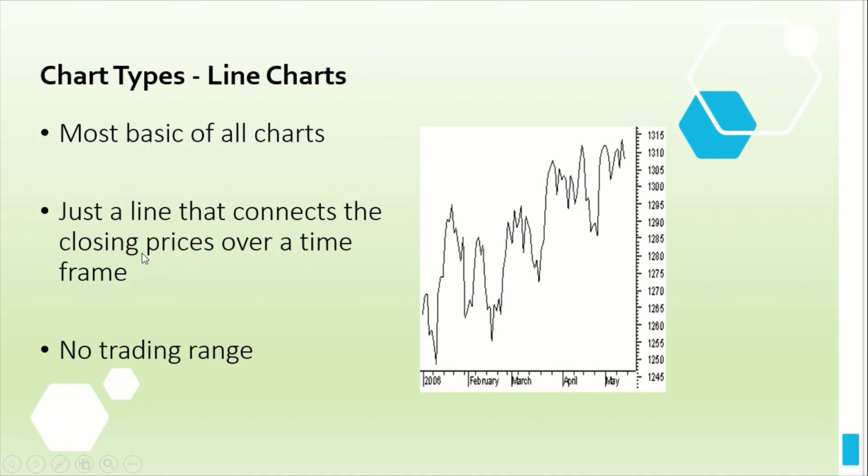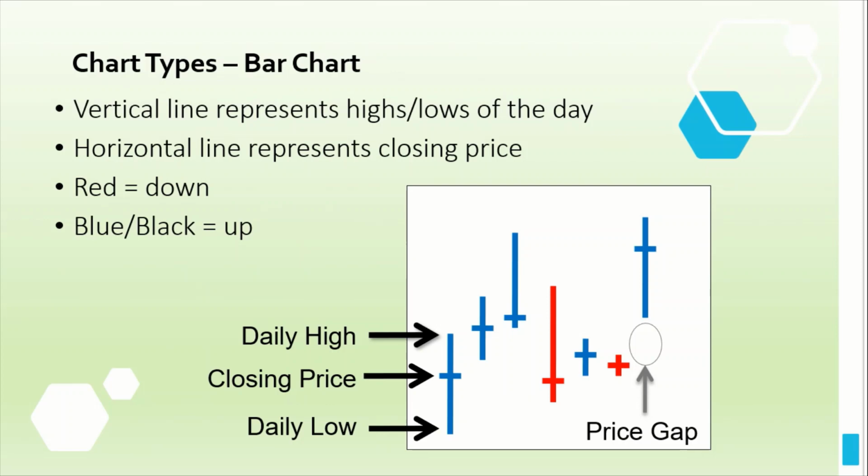Whenever I ask you to look into a line chart or whenever I ask you to create a line chart, you will just be looking into the closing price of a particular stock over a particular time frame. All right. And then, of course, we have the bar chart. The bar chart is para lang siyang cross, okay? There is what we call the vertical line, the horizontal line, and there is a color. Okay, pag sa stock market, pagka nakita nyo na yung color red, it just simply means the stock prices went down.